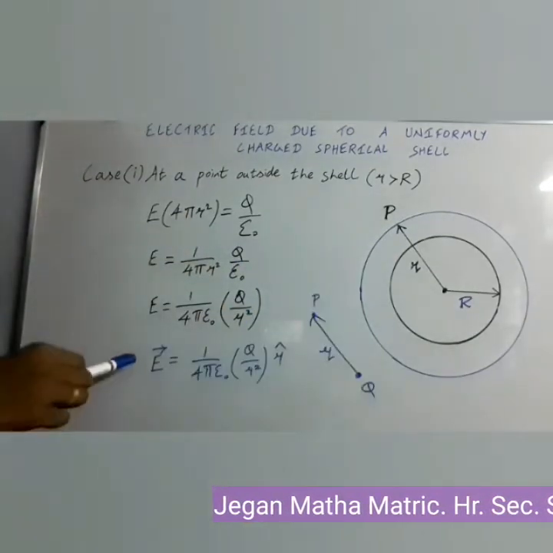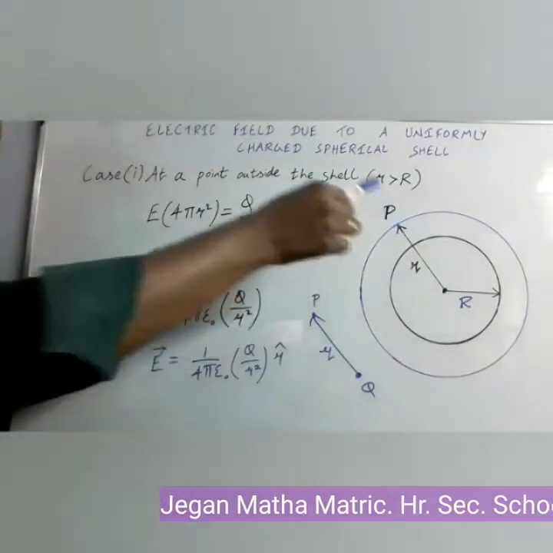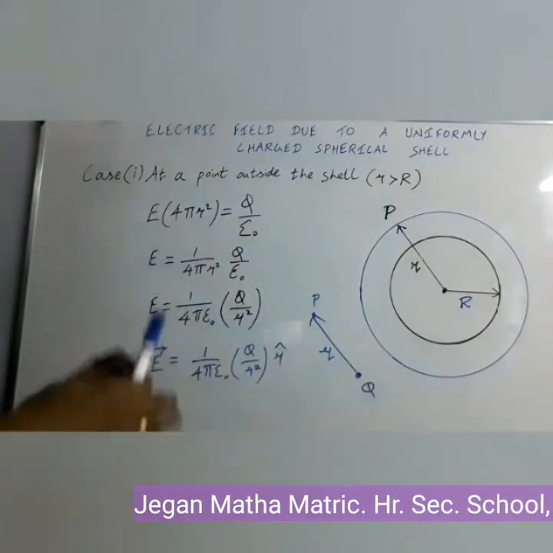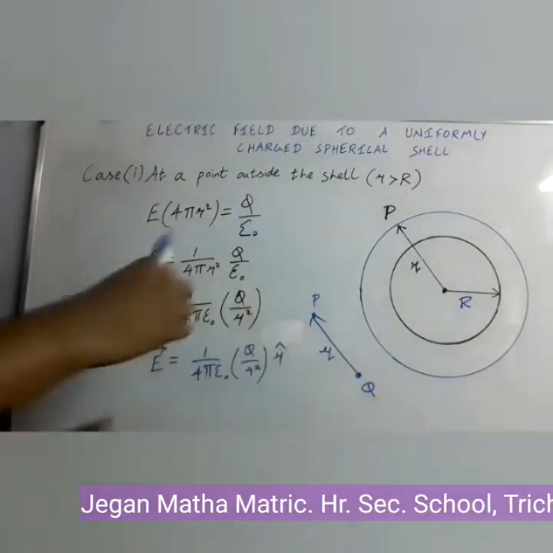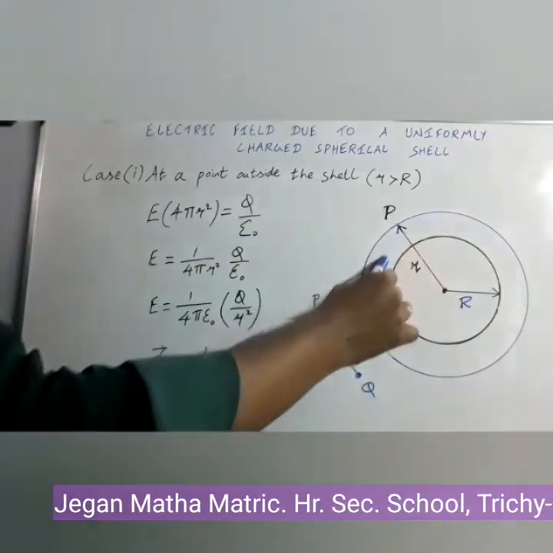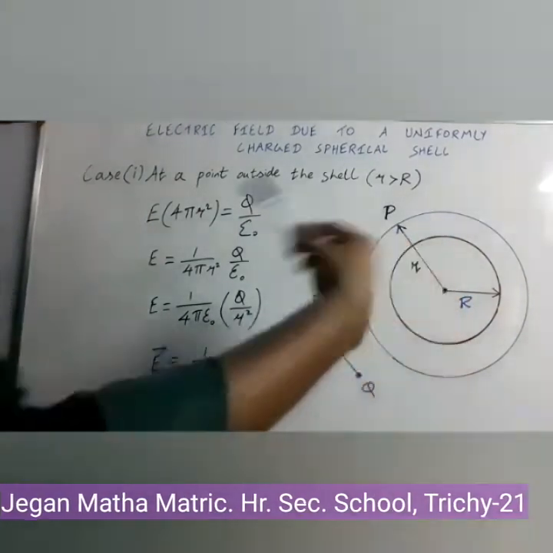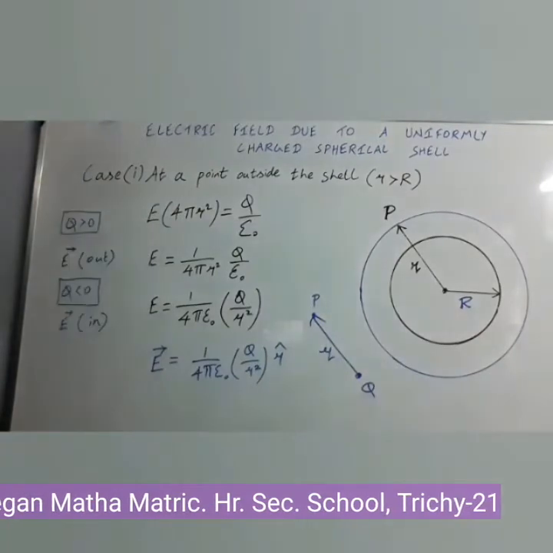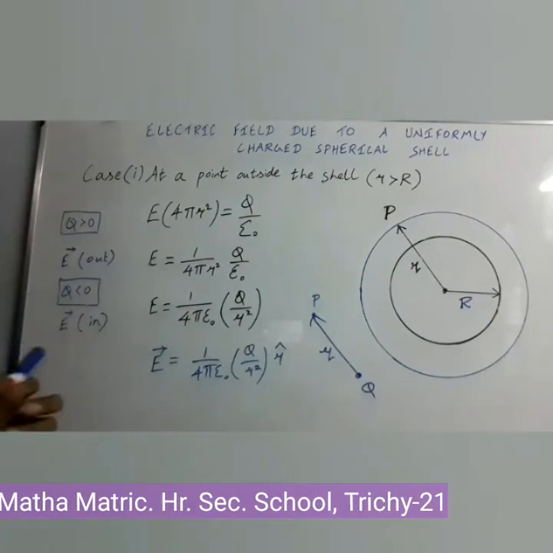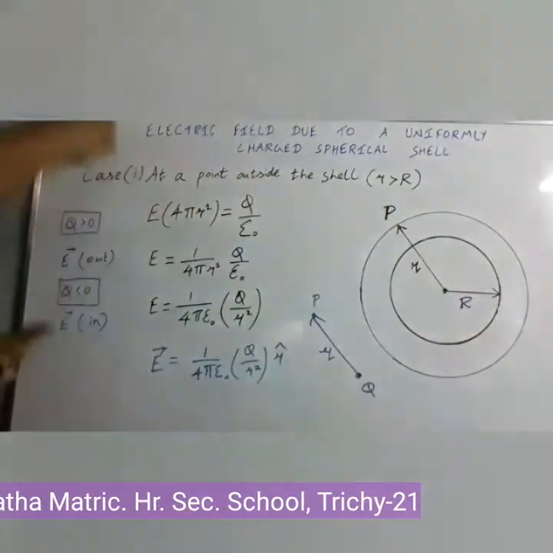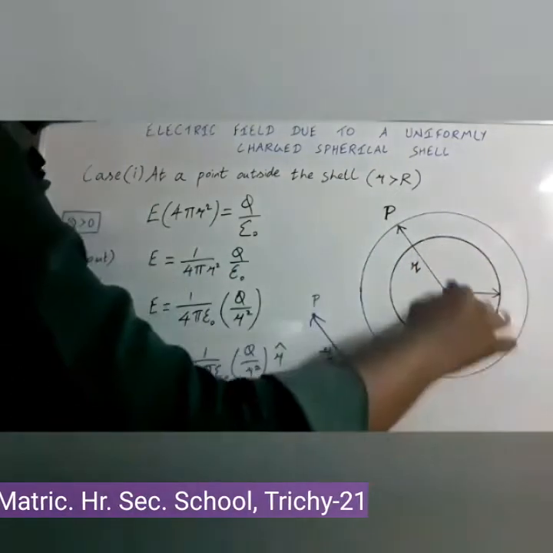Here I have written the expression for the electric field which is provided by the charged spherical shell at the particular point P which is outside. This expression is similar to the expression for the electric field which is provided by a point charge at the particular point P. This shows the charges which are at the surface of the spherical shell are concentrated at the point, that's nothing but the center of the shell. If the charge in a spherical shell is greater than 0, that means positive charge, then the electric field acts radially outwards. If the charge is less than 0, that means negative charge, the electric field will act radially inwards.